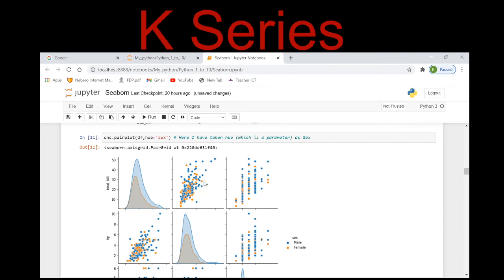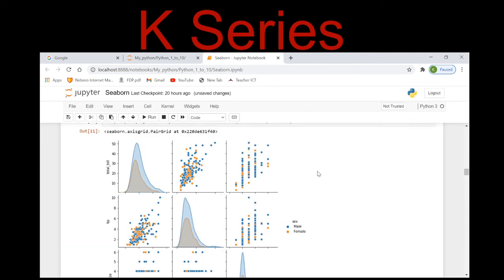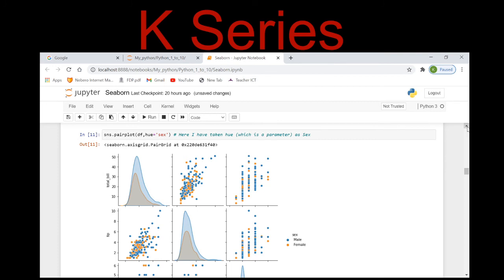Again here, which was total bill with respect to tip, see here. So males give more tips as compared to females again, right? So here also you can see, right? Pair plots make it easy for you to visualize the data set, which otherwise would have been more difficult to you, right? See here.